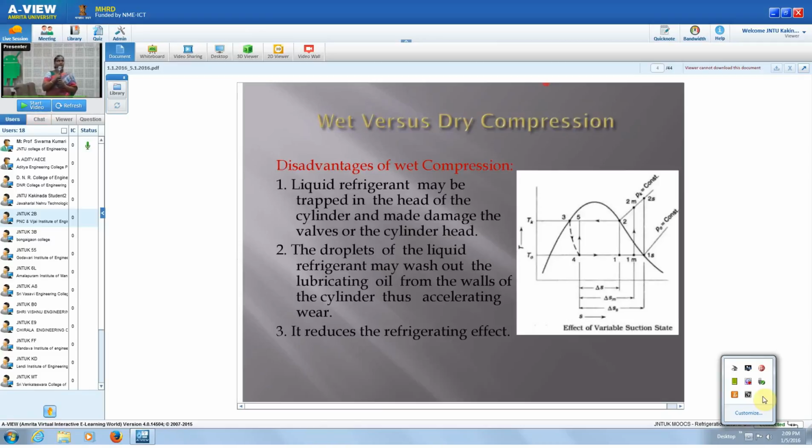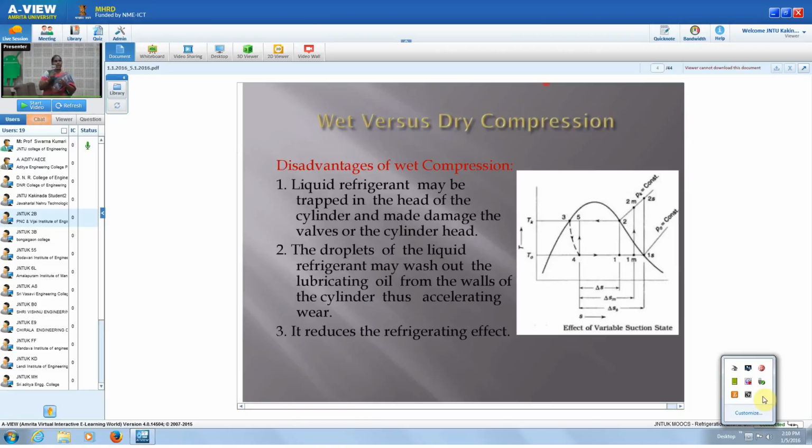And we have seen the wet compression and also dry compression. Okay, so in the compression process, in the compressor here, when the refrigerant at the suction of the compressor is in the wet state, having some dryness fraction, then that compression is called wet compression. If at the beginning of the suction of the compressor the refrigerant is dry and saturated, then it is called dry compression. Okay. So always we have to consider the suction of the compressor, not the discharge of